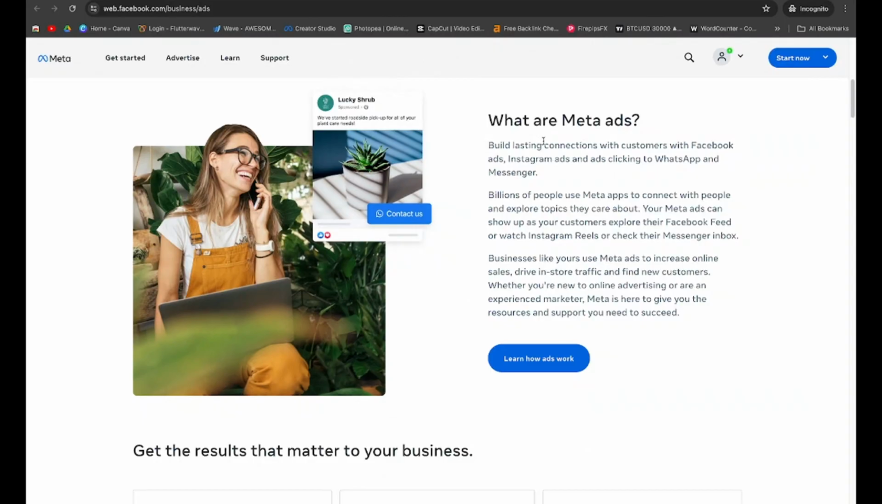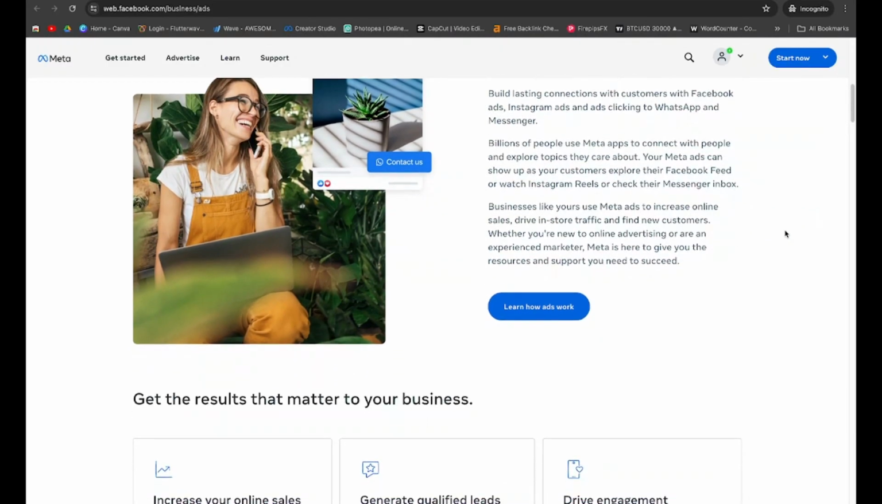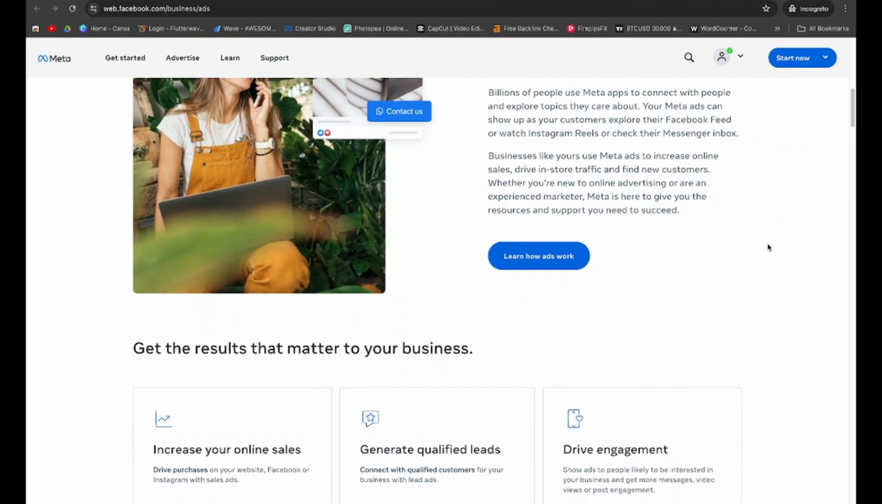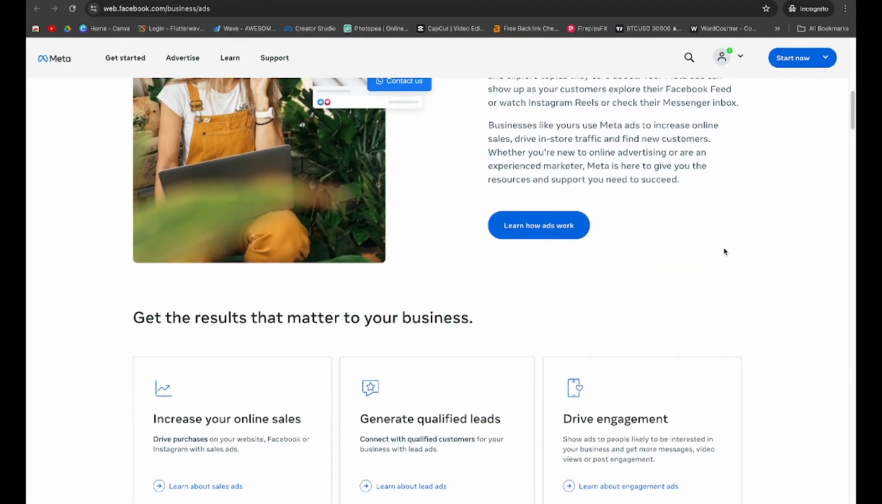Building lasting connections with your customers with Facebook ads, Instagram ads, clicking to WhatsApp and Messenger. Billions of people use the Meta apps to connect with people and explore topics they care about. Your Meta ads can show up as your customer explores their Facebook feed, watches Instagram reels, or checks their Messenger inbox. Big businesses like yours use Meta ads to increase online sales, drive in-store traffic, and find new customers,